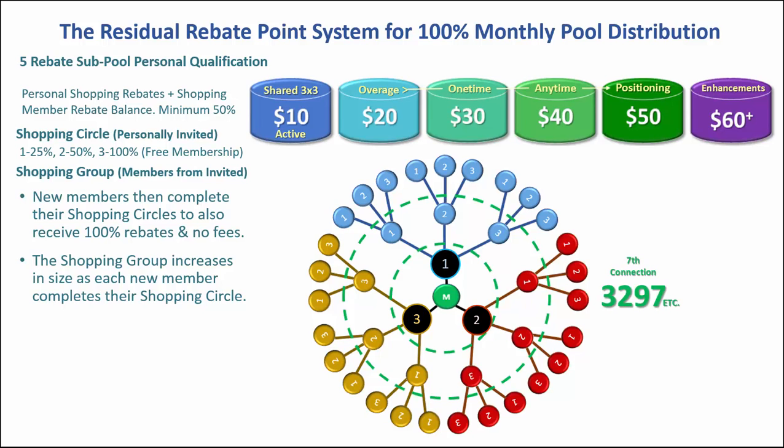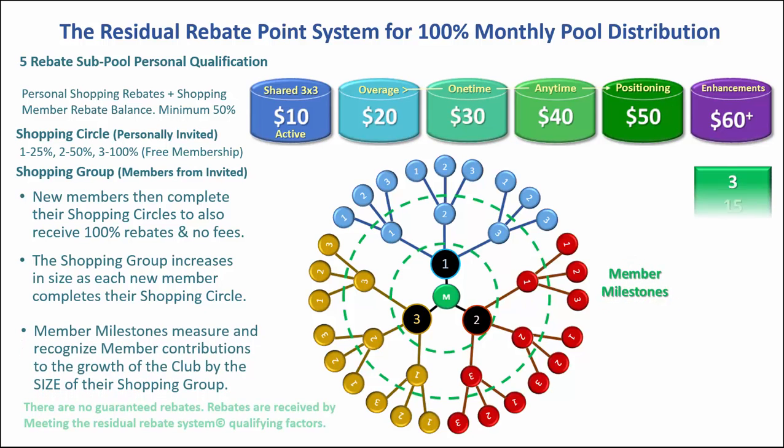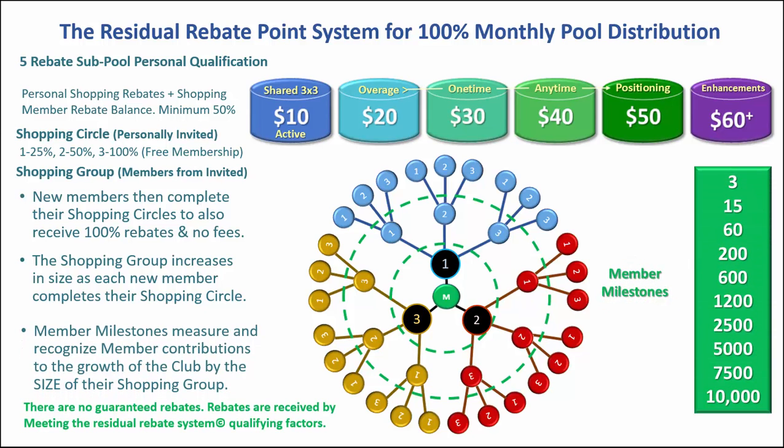Now, of course, that's not going to work out perfectly. So what we've done is we've actually set up some milestones. And that's what we could use now to calculate various amounts of rebates at various levels. Now, of course, there's a lot of variables. So don't take these as solid numbers, but just an idea of where you can go depending on the size